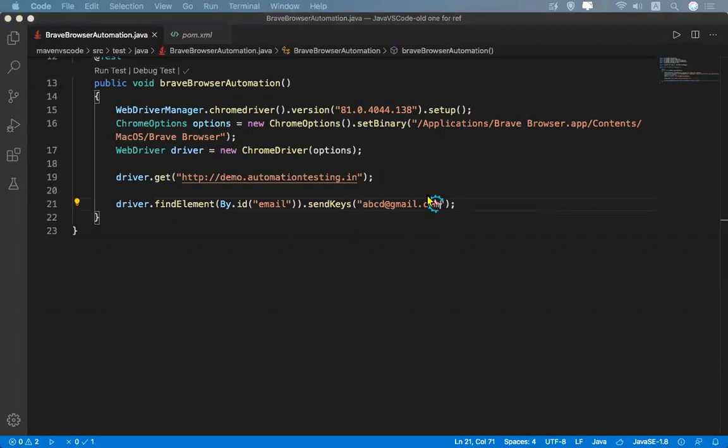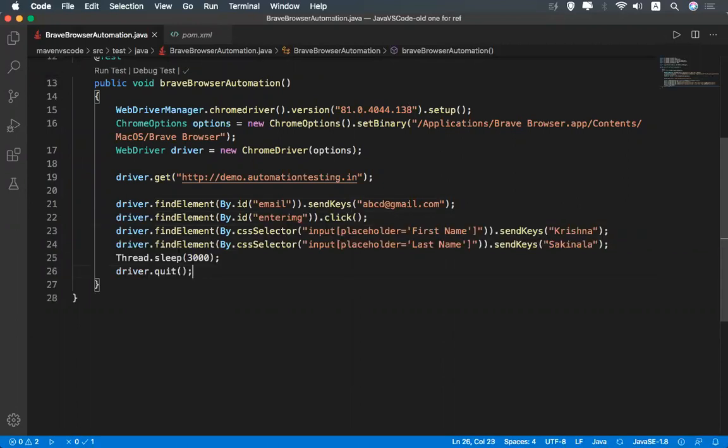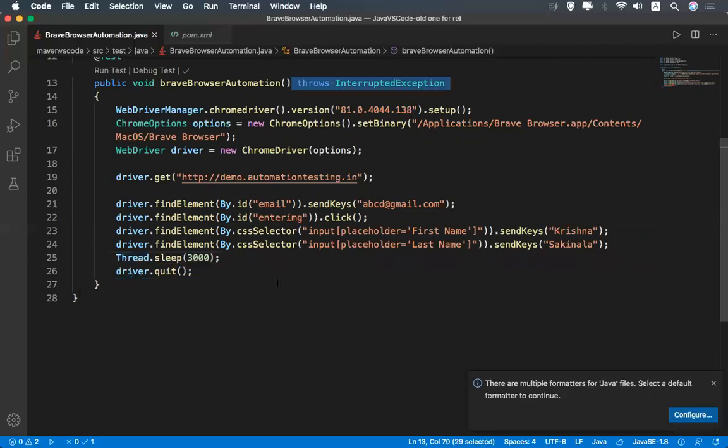Already captured this one. So our intention is how to automate the browser, not writing this Selenium script. So I need to add Thread.sleep, add throws declaration. So now the error is gone.